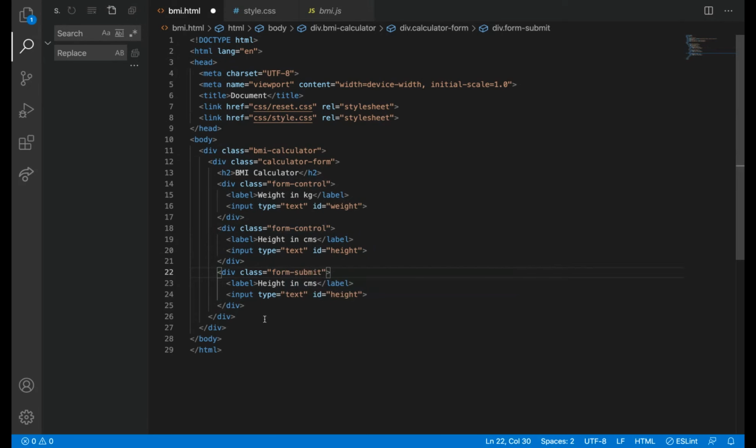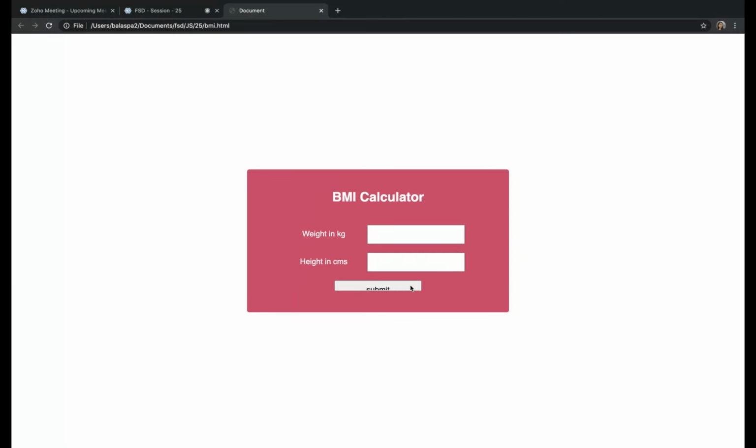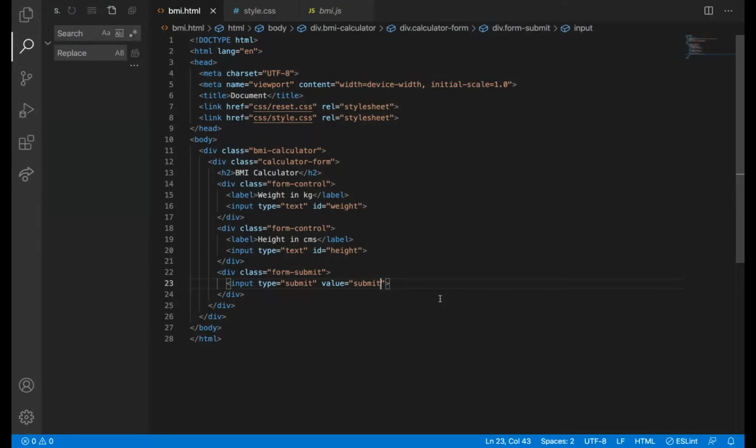Input type equal to submit, the value equal to submit. Okay, I got it. And then what I'm going to do, I'll say that later.